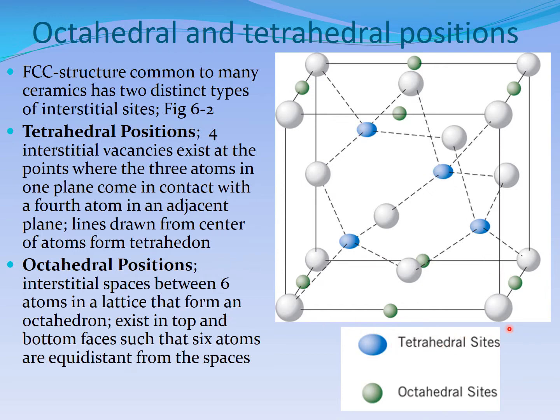But the blue ones, if a blue one is here and here and here and here, then this is a tetrahedral site. You can go back to the slides, 4 slides before that, to see what is an octahedral shape and what is a tetrahedral shape. So here we are showing you both on one side. But remember your basic crystal theory, here it is just to explain how they are arranged. Your assumption is that this central one is touching this one and this one.